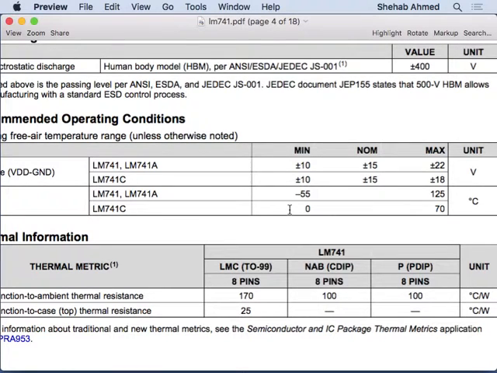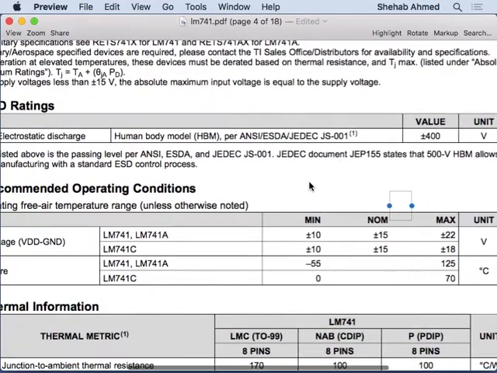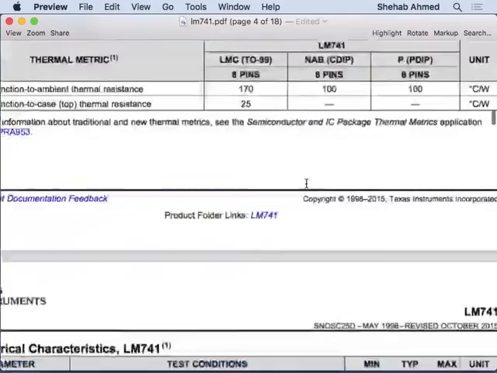So obviously this one is cheaper. This is a 741, and this is also a 741. But the manufacturing process may be different between this device, the 741A and 741, versus the C. Right? This is a military grade probably device, military or automotive rated, right? Because military or automotive devices typically operate with wider temperature ranges, so you can buy these devices, and they will be screened, or the manufacturing process may be different, and they would also tell you that, for example, they would tell you,